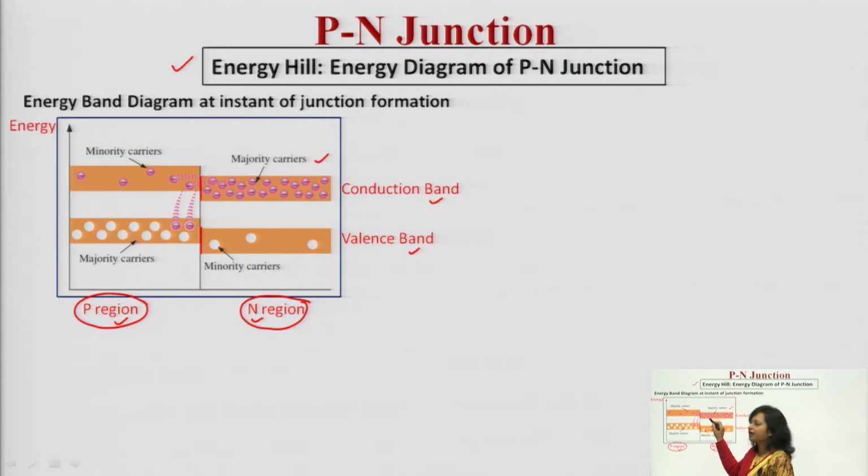Electrons, which are in the majority, will be moving from the conduction band of the N region to the conduction band of the P region, and then they will be losing some of the energy and falling to the holes which are available in the valence band. I hope now this particular point is clear. Electrons which are crossing the junction are dropping to the valence band by losing a certain amount of energy. Now, what will happen after a certain time?